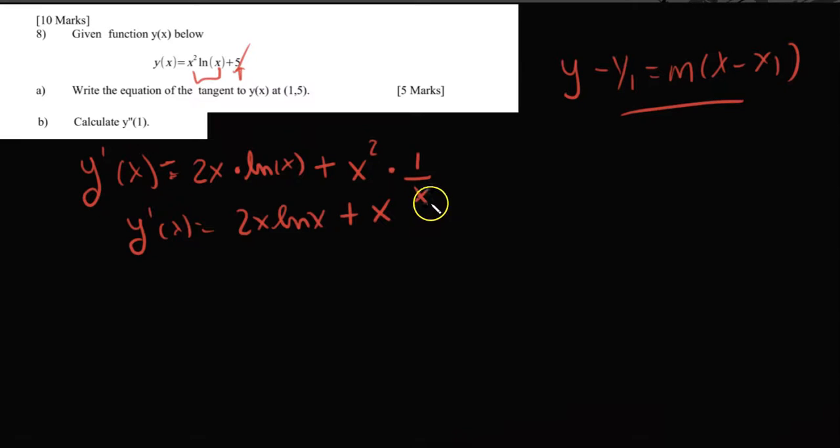Alright, and now we evaluate the derivative at the point 1, comma 5. That's our point. So we plug in